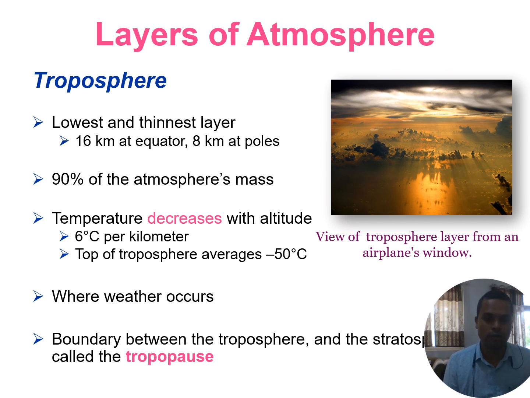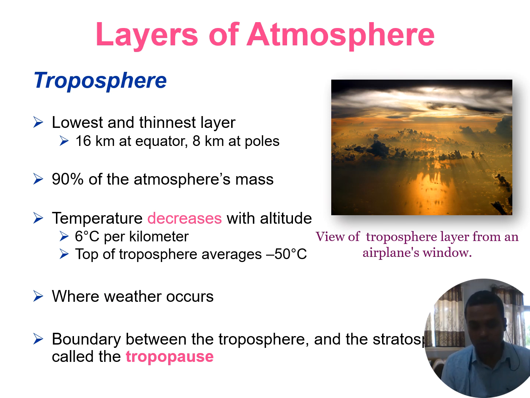The reason for that is that the light from the sun falls on the earth's surface and warms it up, and then as you go away from the surface, the temperature slowly dissipates, so we don't feel it. That is why the temperature decreases when we go above the earth's surface. You can take an example of a lamp or a bulb which is switched on. You place your hand very close, it feels very hot, and you move your hand away and the temperature goes down. That is the same phenomenon happening.